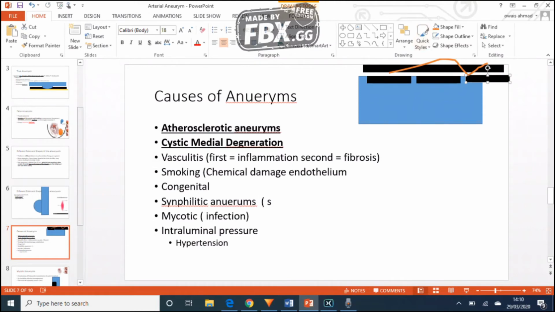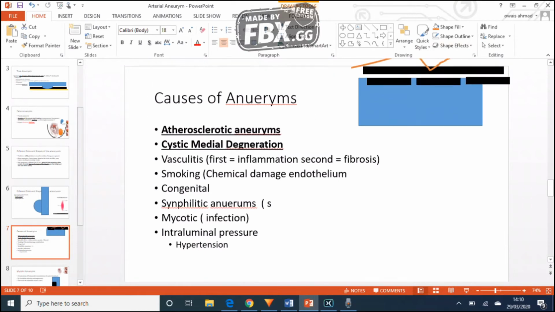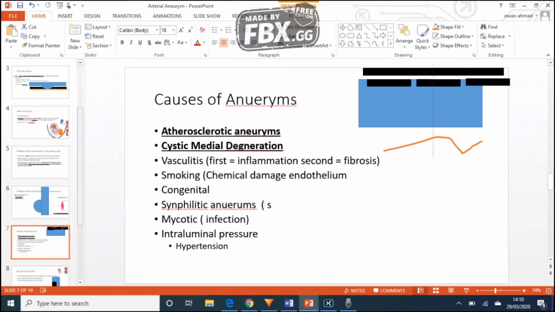So for example, I will just put a circle over here, and imagine the cystic spaces. You must be asking what's going to be inside these cystic spaces. Essentially, inside there's going to be proteoglycans and extracellular matrix. So now we've covered everything, and I'm going to be asking you guys questions. What is the definition of a false aneurysm? So take your time to answer that.